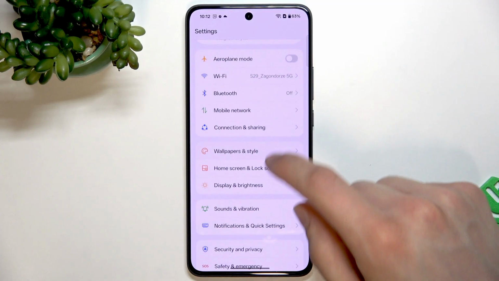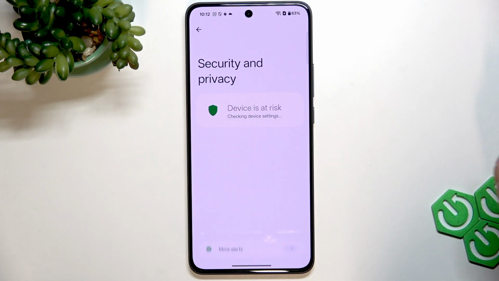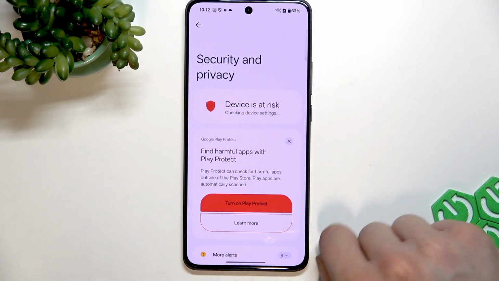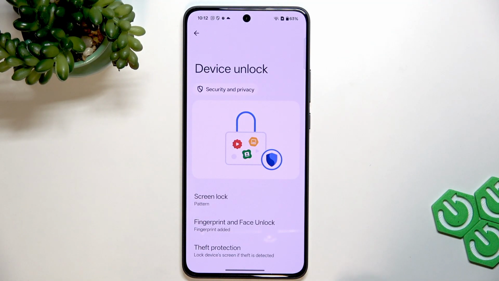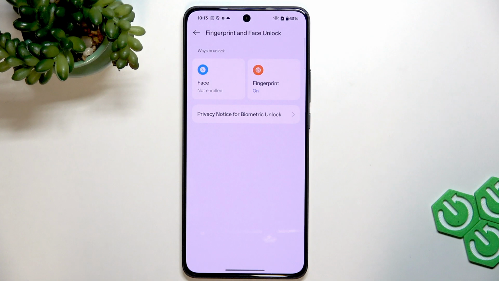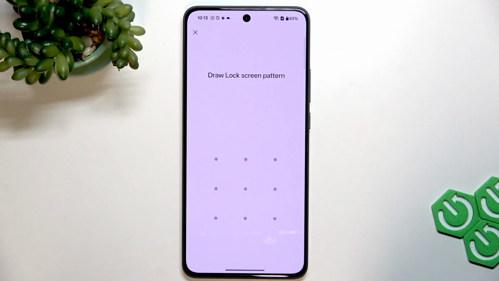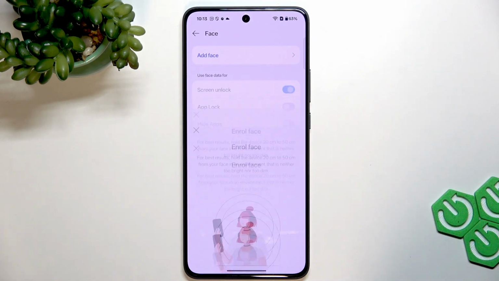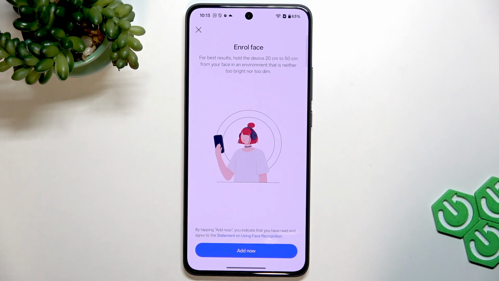To do that, go to Settings, then select Security and Privacy Settings. In Security and Privacy, scroll down to Device Unlock, open it. Now select Fingerprint and Face Unlock. Select Face, and if you have any previous face models set up on your phone, remove them beforehand. And once you're ready,